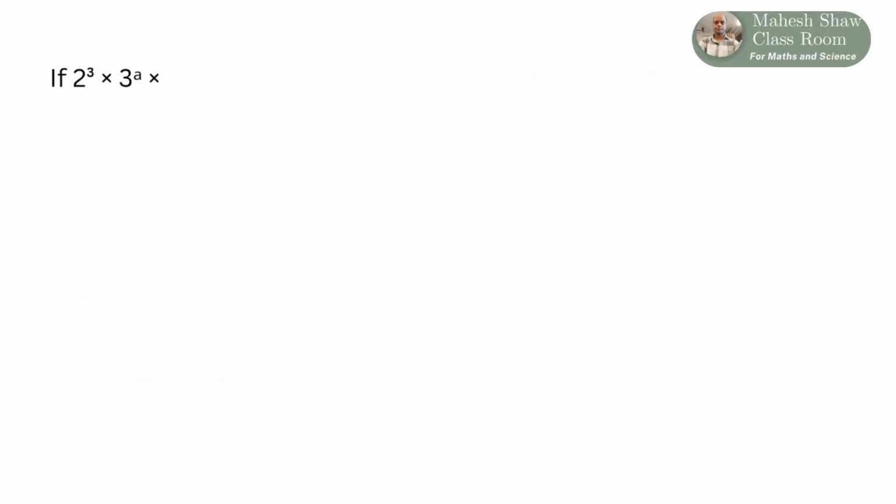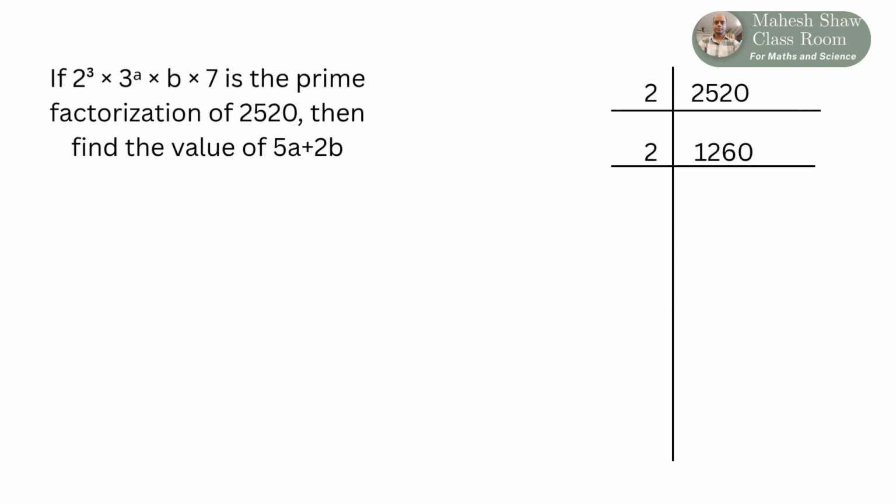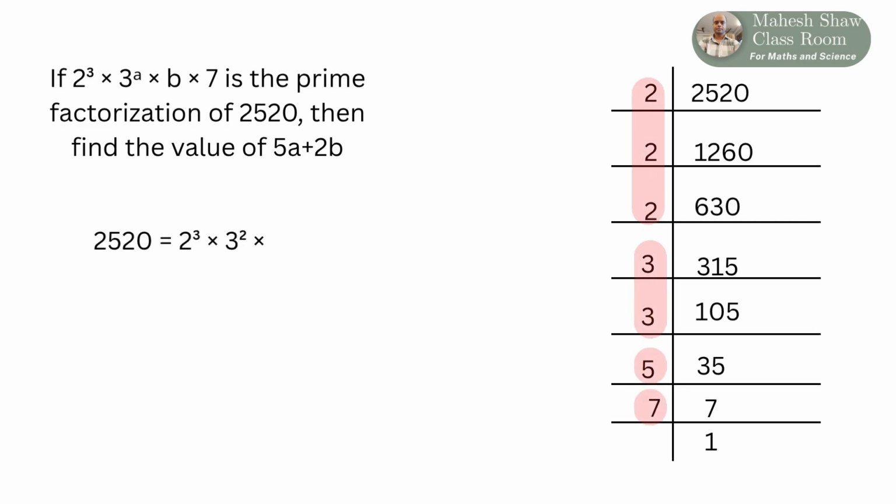If 2 raised to the power 3 into 3 raised to the power a into b into 7 is the prime factorization of 2520, then find the value of 5a plus 2b. So let's first find the prime factorization of 2520. So we can write 2520 as 2 raised to the power 3 into 3 raised to the power 2 into